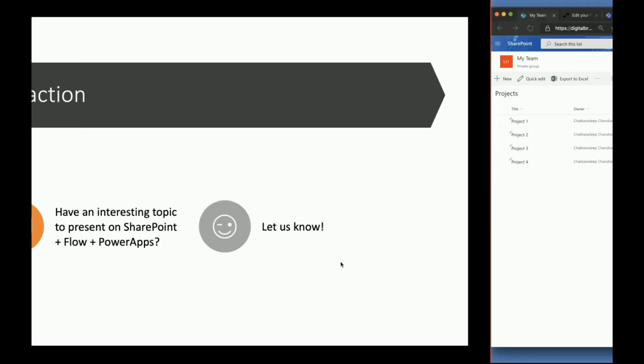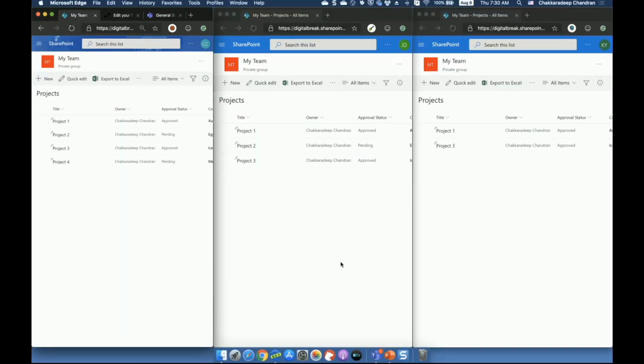I'll jump to demo and then come here. So lots of things to demo, but I decided on showing something around grant permission, grant access. Can you see all my 3 browser windows? Not confirming. Okay. Complicated demo involving 3 users, but I think it's going to be worth it. So if you see, here is the user 1 who has access to everything in this projects list. Here's second user, user 2, who is going to be submitting projects, and then user 3, who's only going to see the projects that are